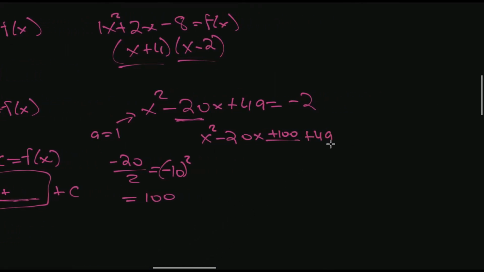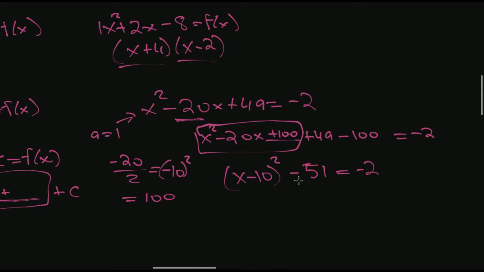I still have that plus 49. It doesn't go away. But because I added in 100, I now have to either subtract 100 or I can add 100 to this side. But you're doing one or the other, it's both the same thing. So I'm just going to do a minus 100 over here. This has now become a perfect square, and it is x minus 10 squared. So I still have that plus 49 and that negative 100. Plus 49 and negative 100 gets me negative 51